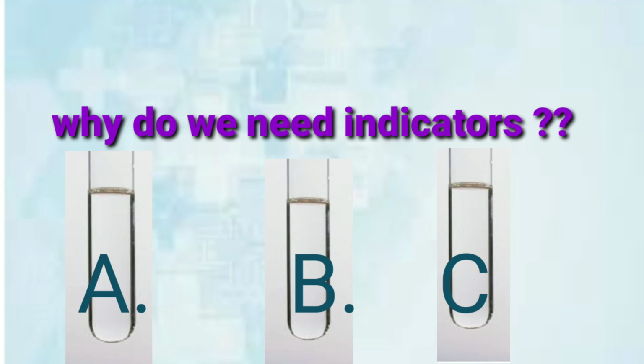So it is very difficult for us, and in the laboratory it is not safe, to test every substance to find out if it is acidic or basic by tasting the solution, whether it is sour or bitter in taste. No, it is not a safe method for testing the chemical nature of a substance. So for this purpose we use a special substance, that is, an indicator. An indicator changes its color in acidic medium or in basic medium. So we will use an indicator for this purpose.